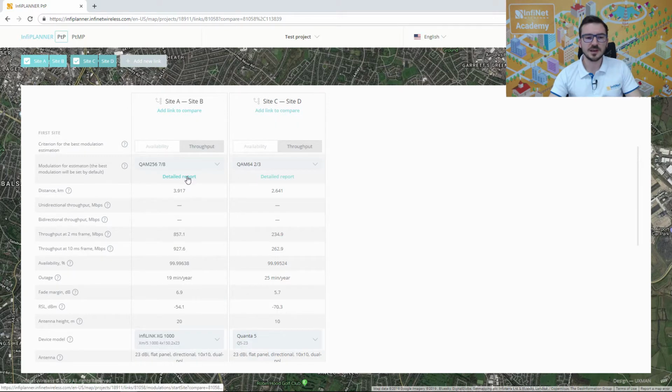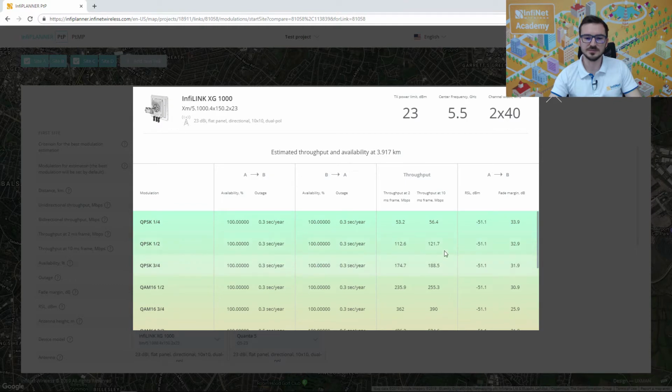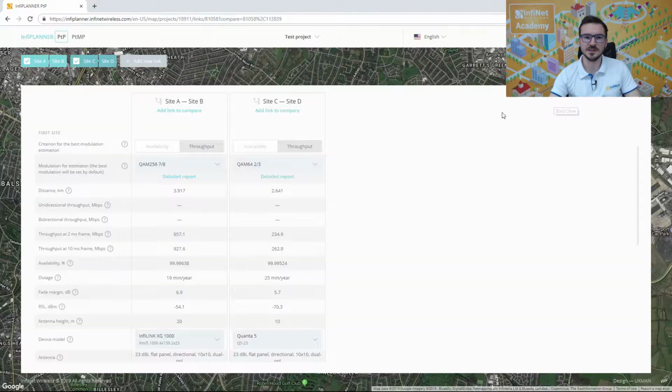From here you can access the detailed report as well, where you can see the predicted performance at every modulation. And you can view the results in availability or throughput mode. By default, you will see the throughput mode estimation. That means that the results are shown for the maximum modulation, but if you click the availability button, then the